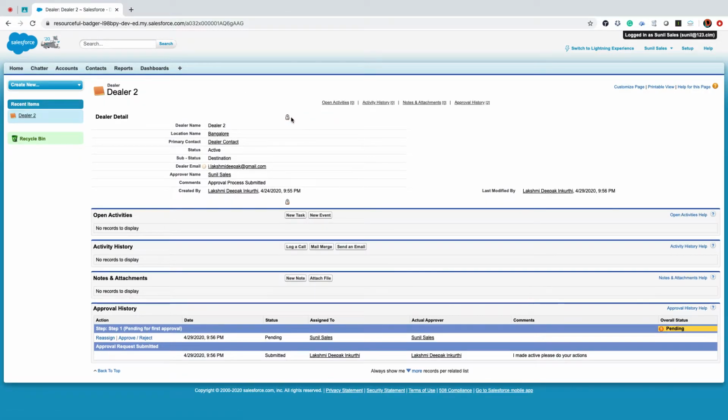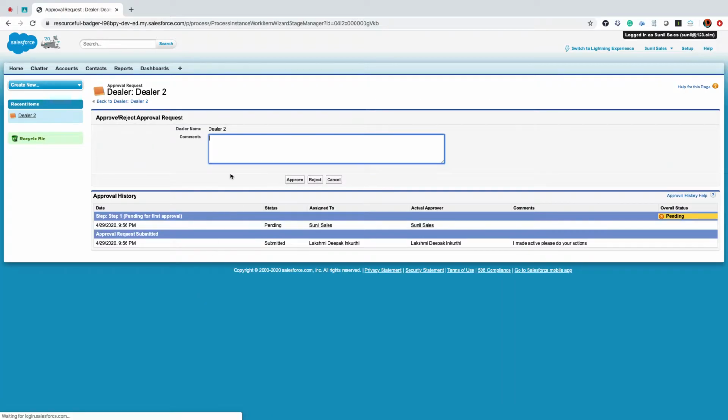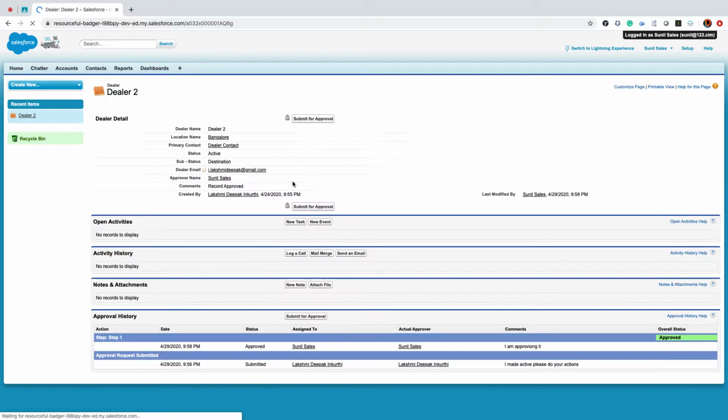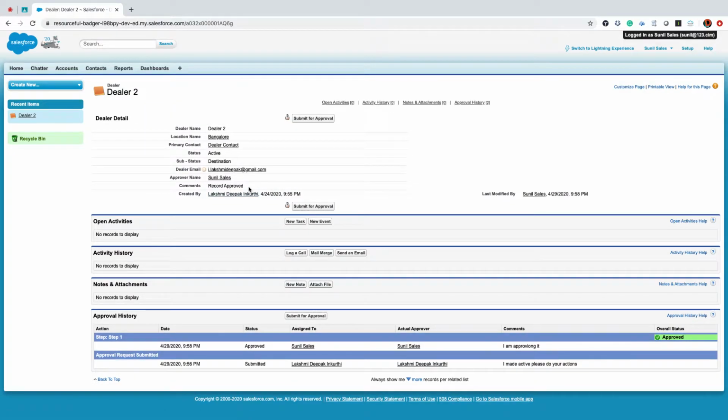Now he doesn't have edit permission at all, but he has an approve or reject option, right? Because I am a manager, I can accept it. So I'm choosing approve, saying that I am approving it. I just clicked on approve. Record approved.